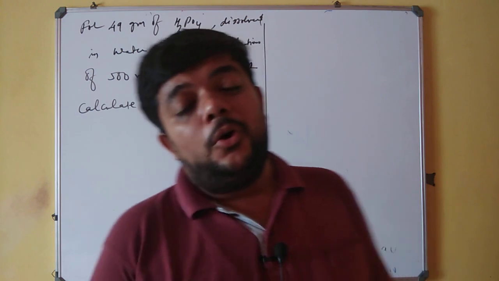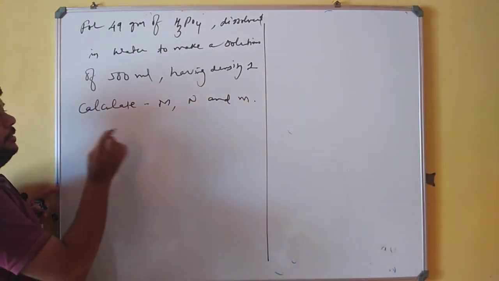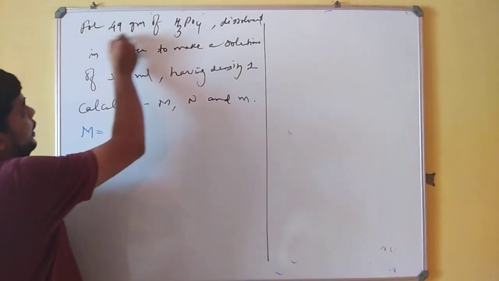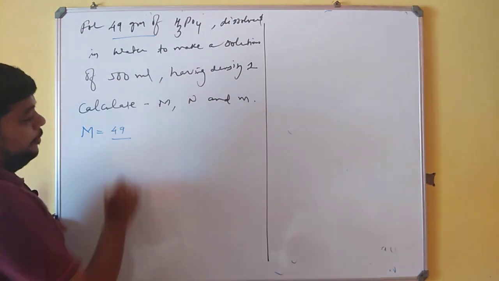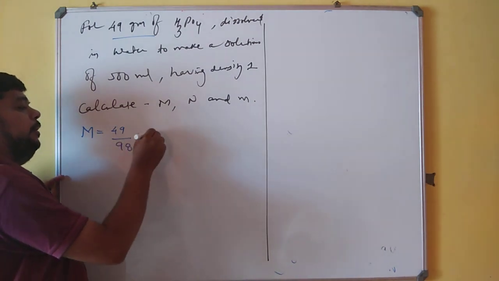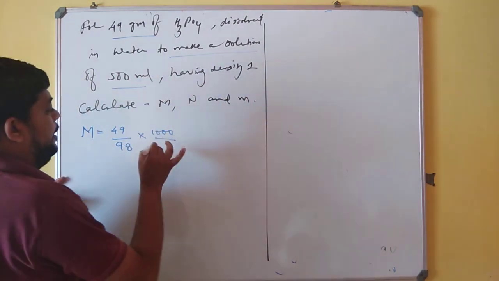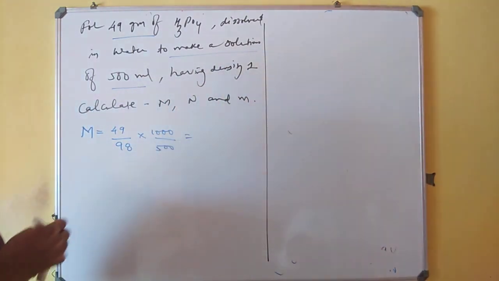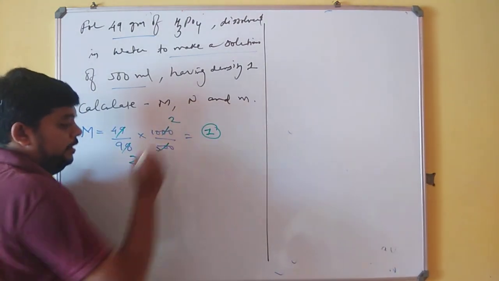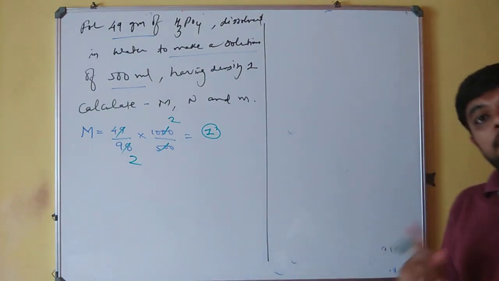See, this is the main concept when it comes to chemistry. Let us start with a very simple thing, and that is molarity. Molarity is equal to weight of solute. So weight of solute will be 49 gram. Molecular weight of solute, H3PO4, as we all know, is 98 into 1000. Volume of the solution to make a solution of 500 ml. So this is solution. So see what happened. This will get cancelled out, this will get cancelled out, so I will end up with 1. So my solution will be 1 molar.